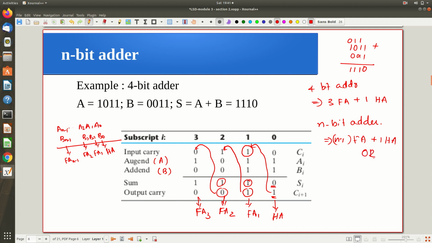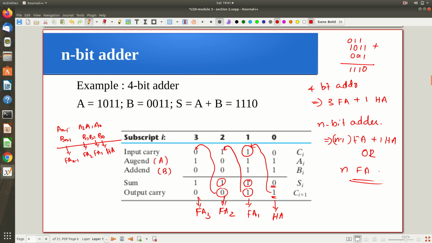Now, you can also implement it using just n full adders, that is also fine. That is actually good, because only if the least significant bit is the actual starting point can I depend on the half adder. Otherwise, definitely I need a full adder. So hope you understand what I was trying to say. Sometimes this is okay for a 4 bit adder, but sometimes you will generalize this to 8 bit or 16 bit addition, and that time the carry from the previous position may be 1, and you can't depend on a half adder. So a more correct way is to use n full adders. So simply, n bit addition can be implemented using n full adders.